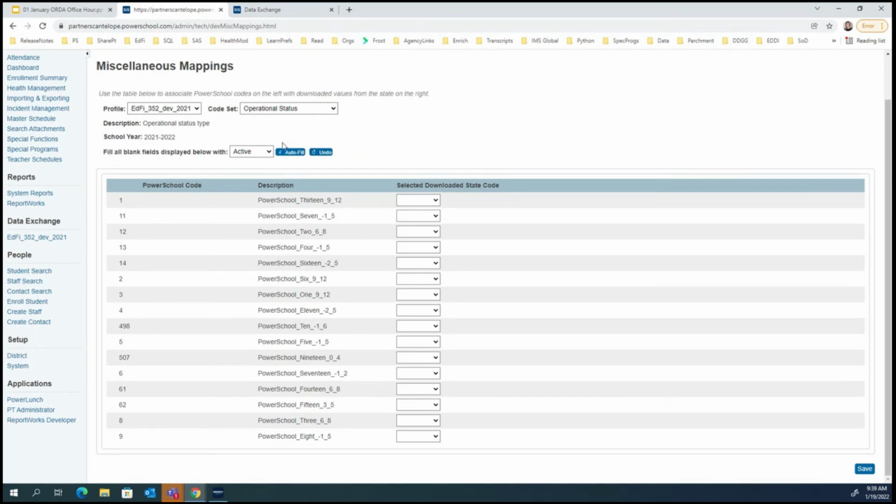If they were, or even if most of them were, you could select active and click this autofill button, say yes, we want to do this. And that makes it a little bit faster in situations like that. And then, if this one was no longer active, we could change that if it's closed or what have you. So I'll just change that back to active and then save that.